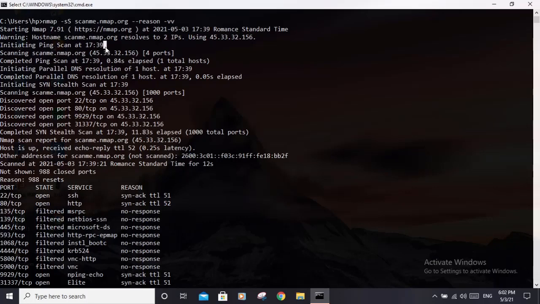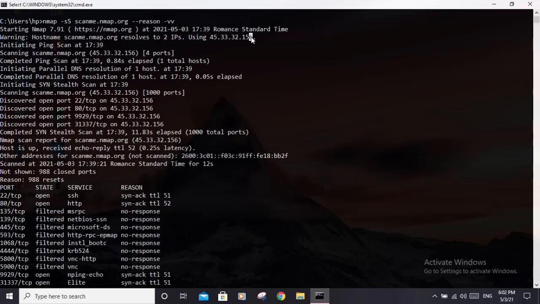First, there is the host discovery, and there is the DNS resolve, for example, because we have given it a domain name, not the IP address, so it's going to resolve. So as you can see, host scanme.nmap.org resolved to two IP addresses. So if you give it a name, then it's going to resolve the host name to an IP address